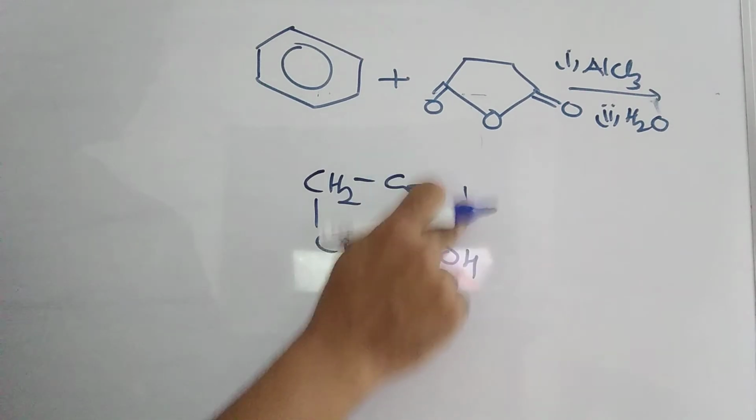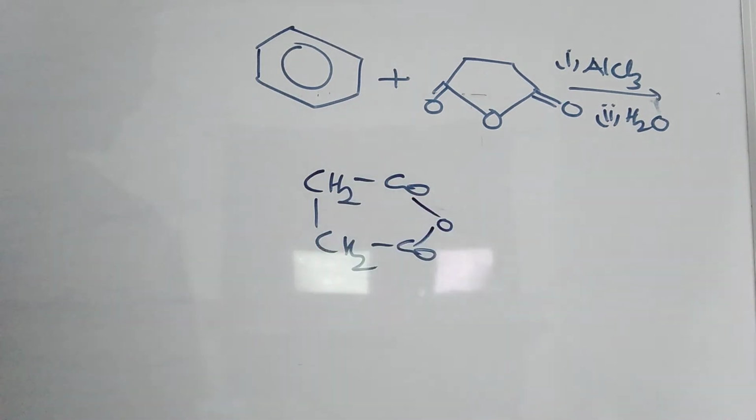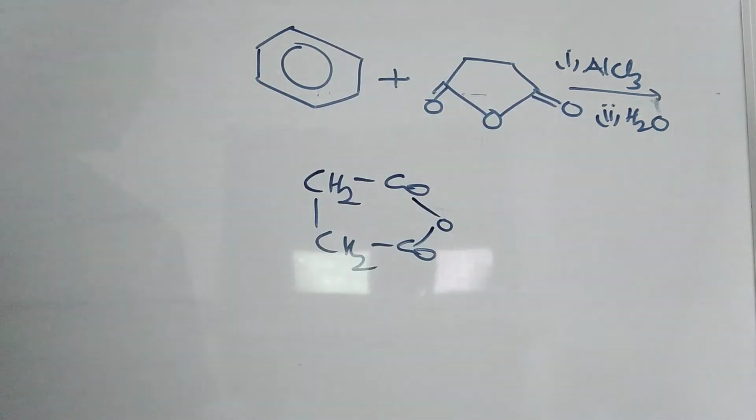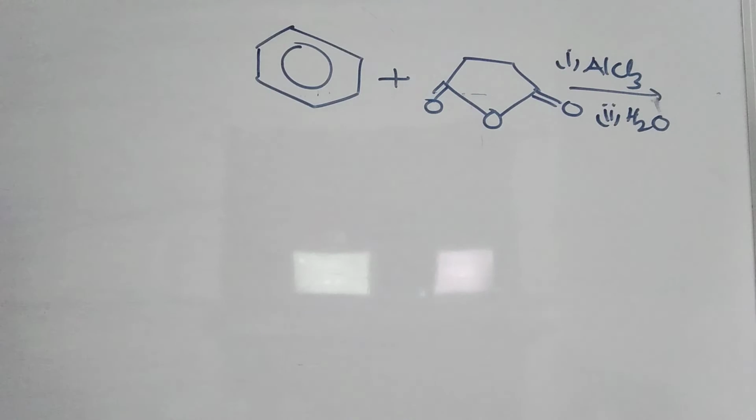OH and H I am taking out. It is its anhydride, CH2CH2 COO group. So this is succinic anhydride, you can say. When benzene is treated with succinic anhydride, the product formed is